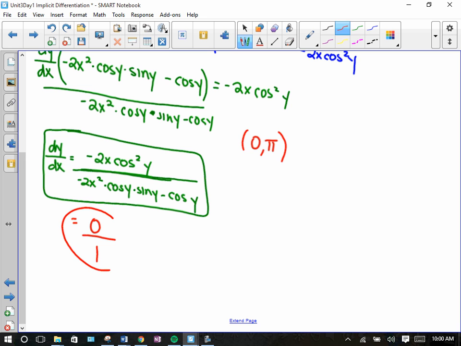Oh, cool, so you're telling me my slope is 0? Neat. So my slope is going to be 0. That's my tangent line slope. The nice thing is the opposite reciprocal of 0 is 0. So the slope of the normal line is also,